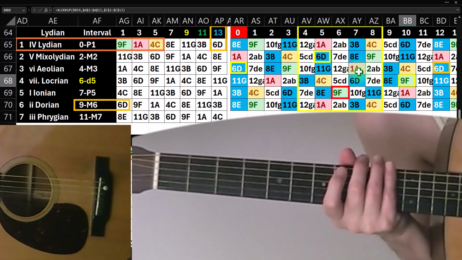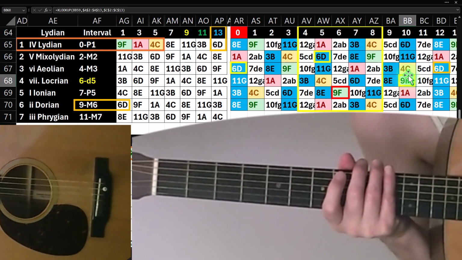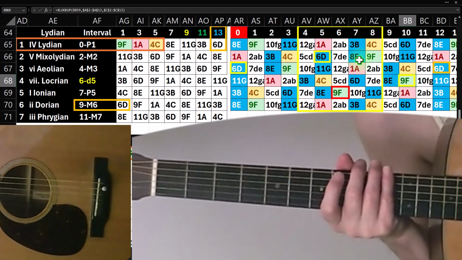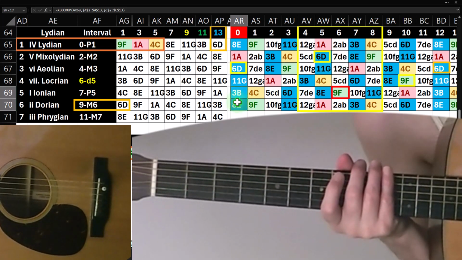So now it's only 5 frets back, which is basically reachable. So normally if I go up 2 strings, the 9-note away major 6 will be 1, 2, 3, 4, 5 frets back